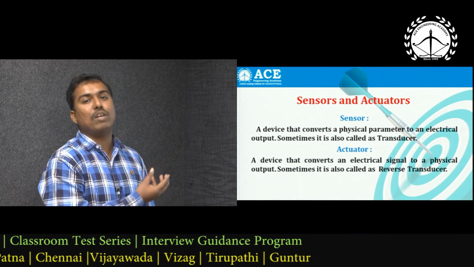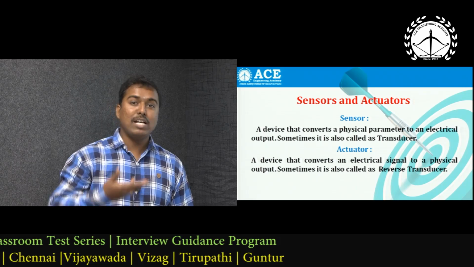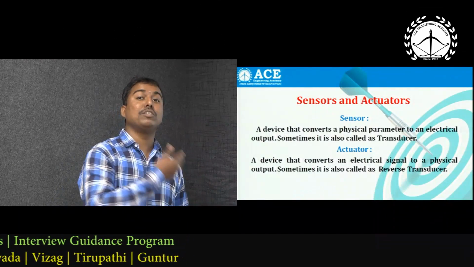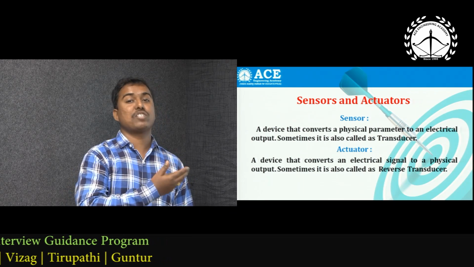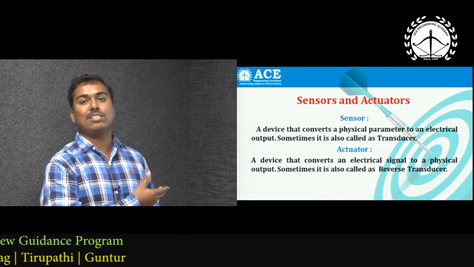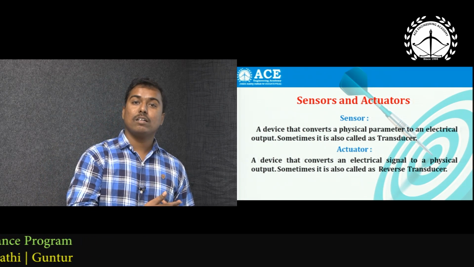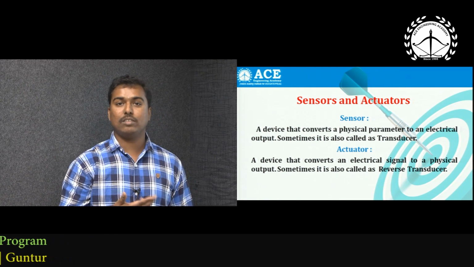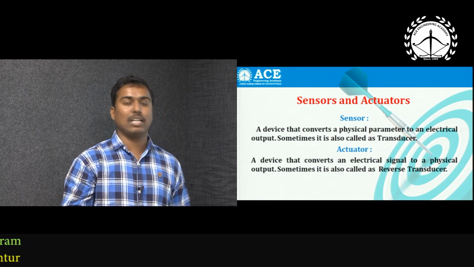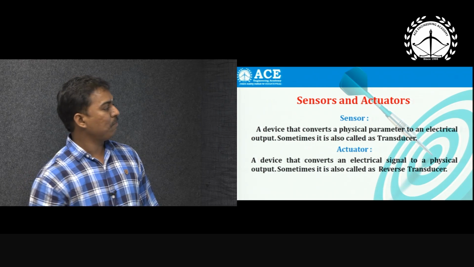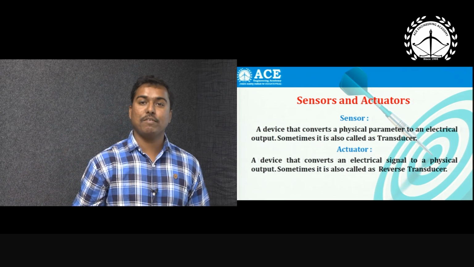Basically, sensor means a device which senses the change. But as we are living in the digital and electronic world, we want the output of the sensor as electrical. So it is a device which converts a non-electrical parameter into electrical. In electrical, it is called a transducer, but in mechanical, it is called a sensor. The reverse operation, that means electrical to non-electrical, is done by the actuator. So sometimes sensor is called a transducer, and sometimes actuator is called a reverse transducer.